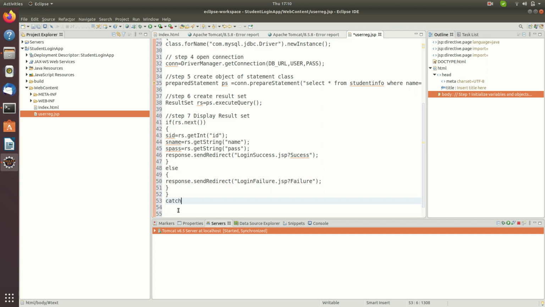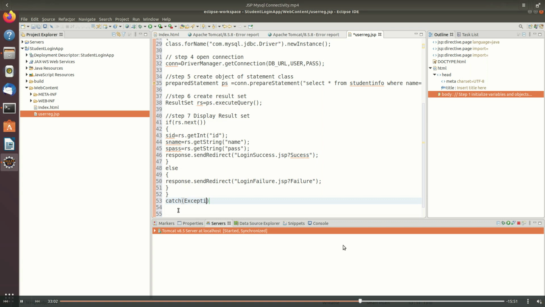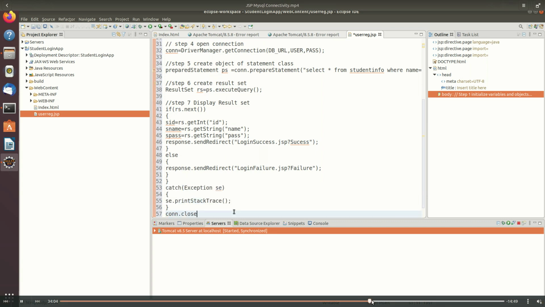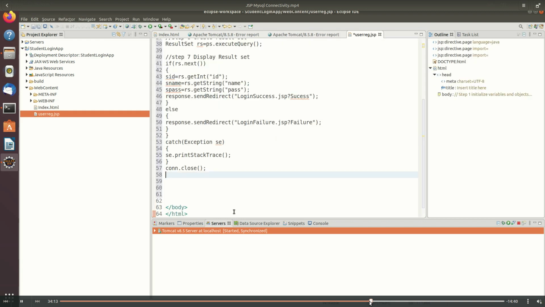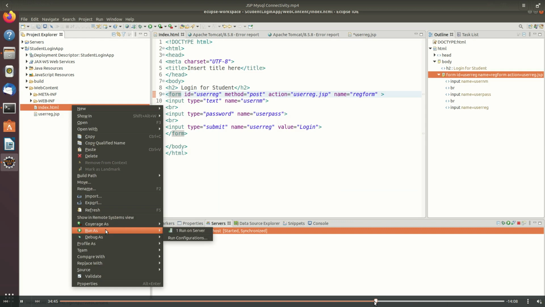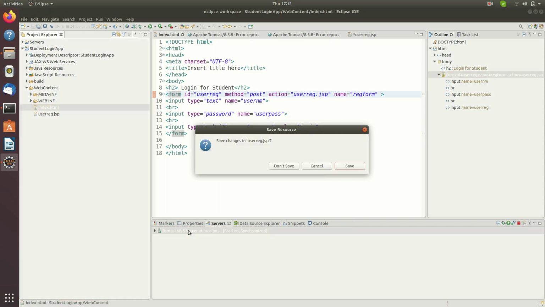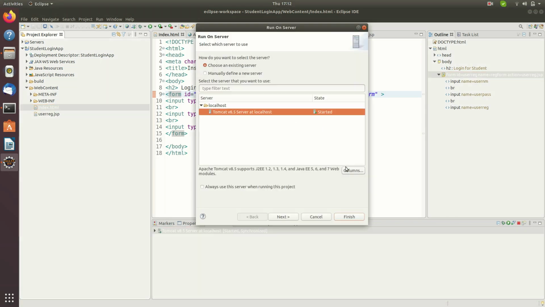So I have done this. Since we are writing everything in the try block, there should be a corresponding catch block. So I am catching. Here I am closing the connection and statement, but you should do that in the try block itself. Okay.